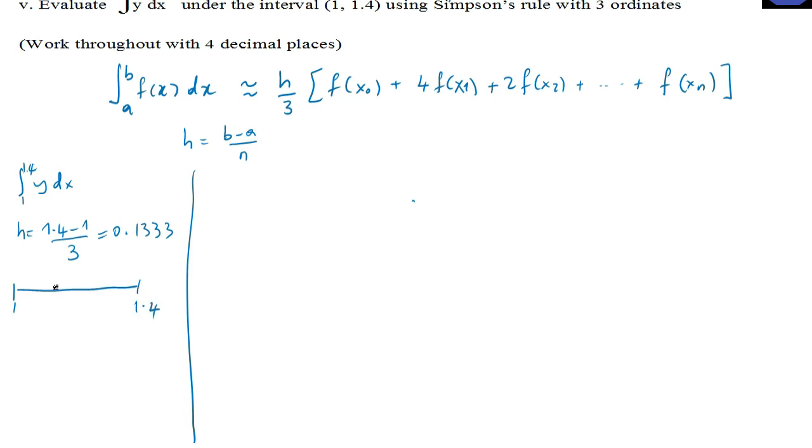In between here I have 1 plus this, so it is 1.1333. Then I have 1.2667. Okay, so this integral from 1 to 1.4 of y dx is just going to be